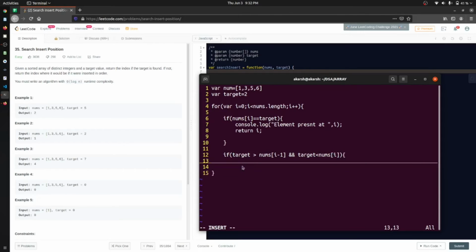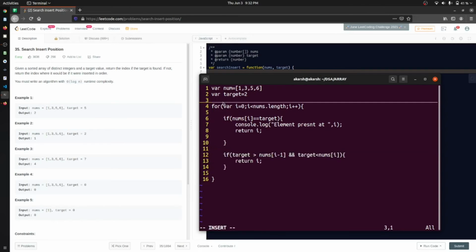What we are basically doing at this point is finding the index. We are saying that this 2 is greater than 1, but it is smaller than 3, so we will just return i, because this is our position.